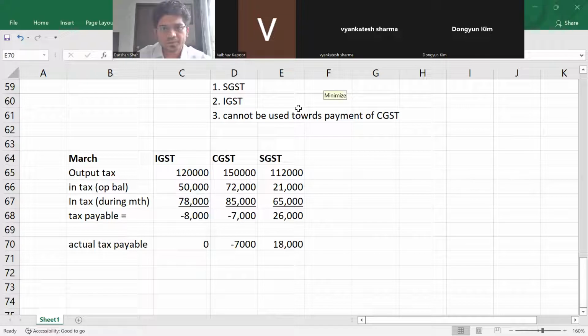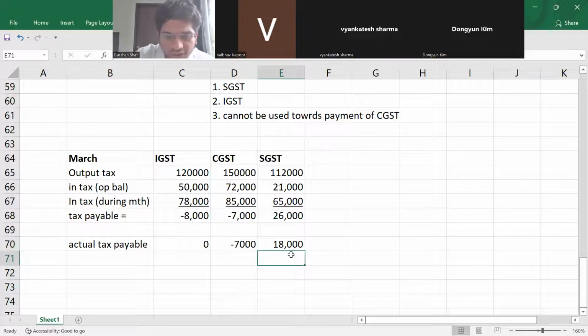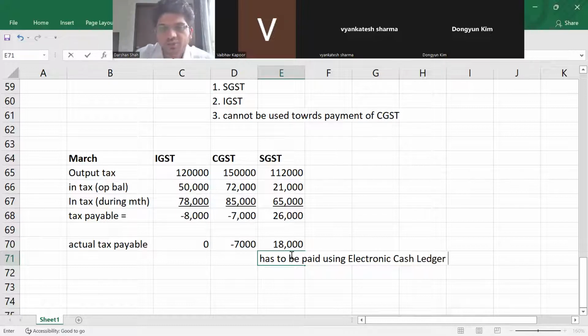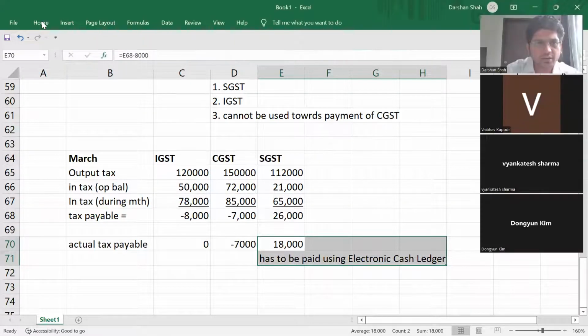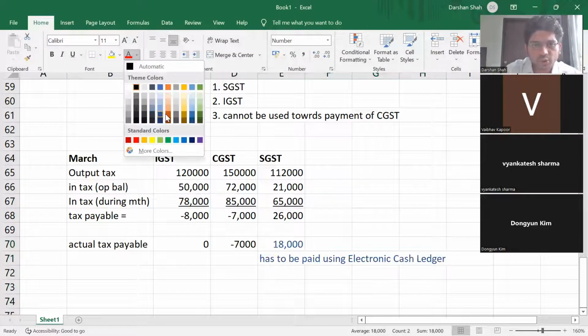Right. So actual tax payable becomes 0. This is negative 7,000 and this is 18,000, right? So this 18,000 has to be paid using which ledger? Electronic cash ledger, right? This 18,000 will be paid using the electronic cash ledger because you have to actually make the